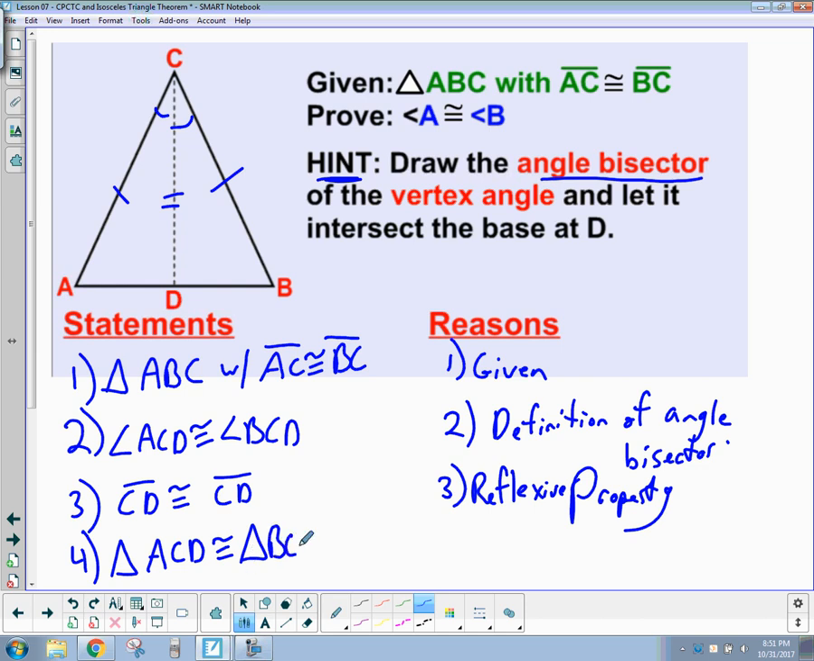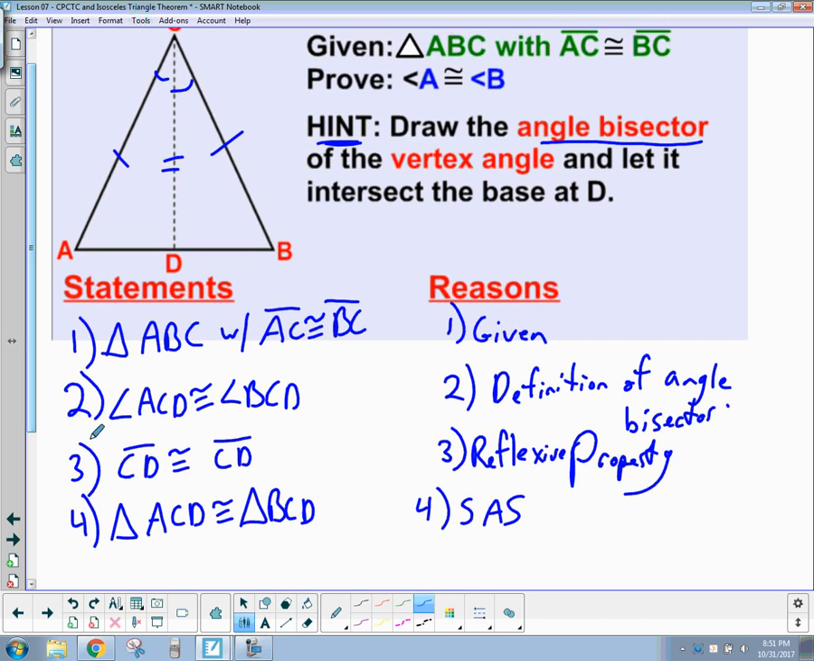Now that we have two congruent triangles here, that means all their corresponding parts are congruent. So now I can make the jump to angle A is congruent to angle B because of CPCTC. Now that we have that,